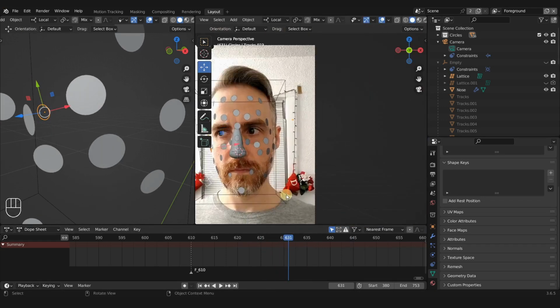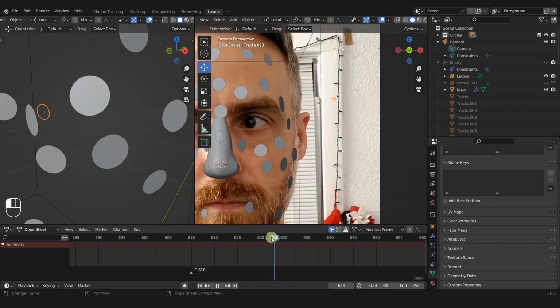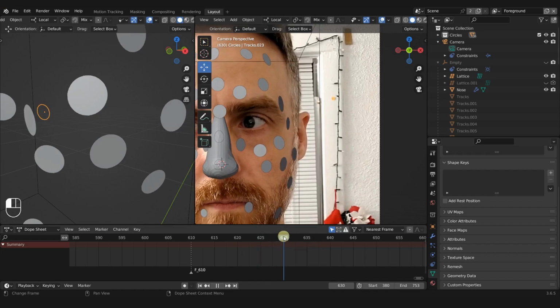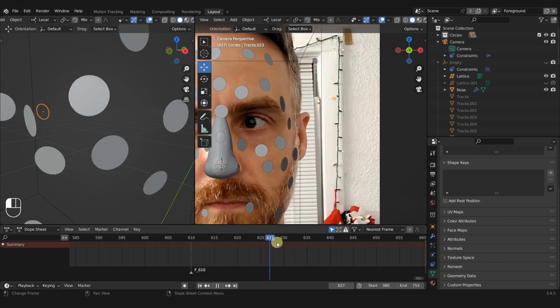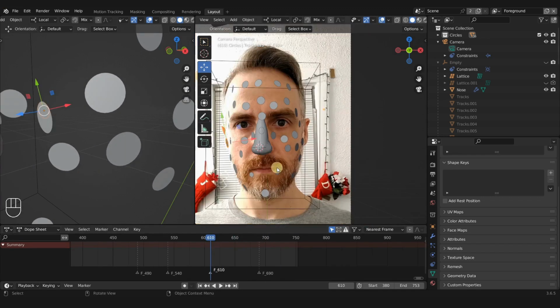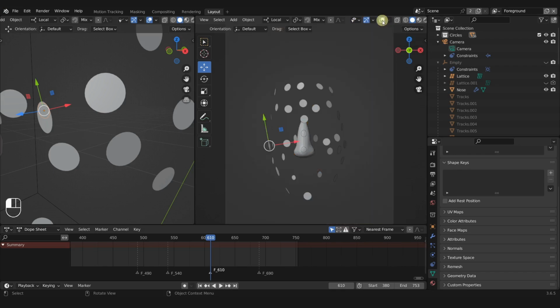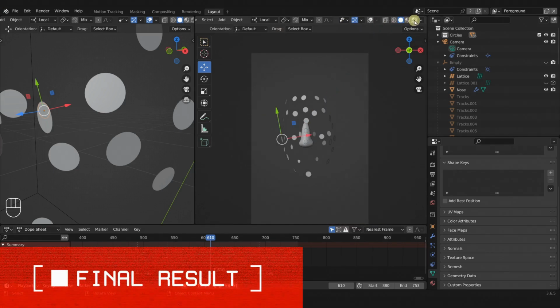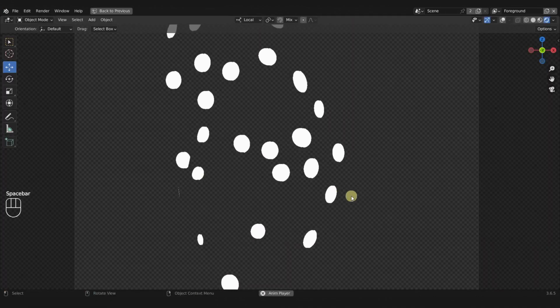And so we might want to also look over here. That actually is okay. All right, so that I think is it. So again, this isn't all that necessary if you have a good track, but if you have some jumping, this is how you can compensate for that. So let's again go to our final render result here and take a look at what we have. Oh yeah,